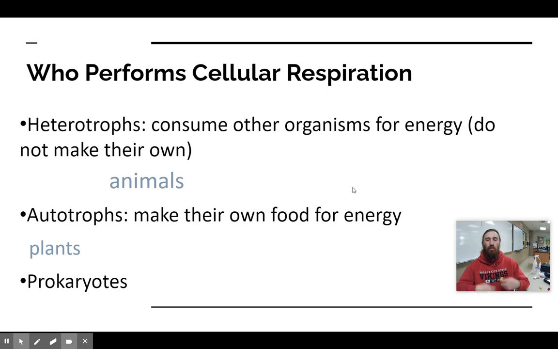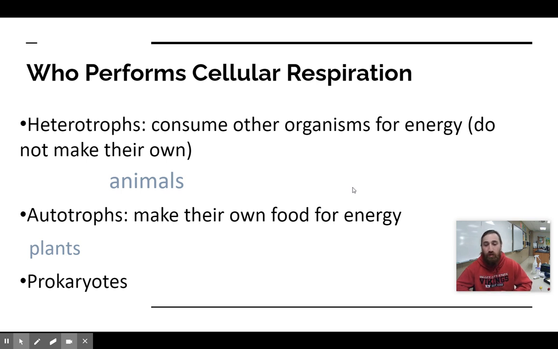Now, who performs cellular respiration? A lot of us just think it's just humans, or just animals. Okay, that's not the truth. All heterotrophs consume other organisms for energy. They do not make their own. So every type of heterotroph does cellular respiration. Now, every autotroph also does cellular respiration. Okay, so they make their own food or energy, correct. But to complete that cycle, to complete their carbon cycle, they still have to do cellular respiration, just like a